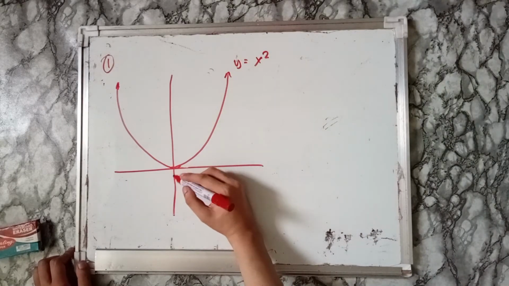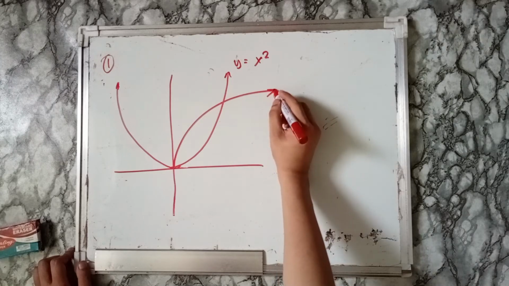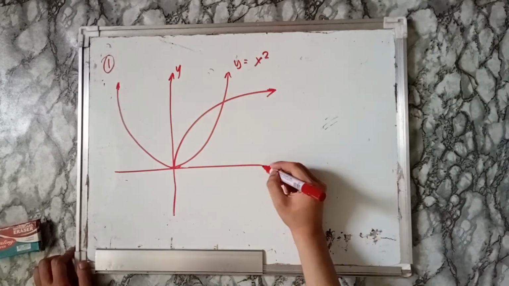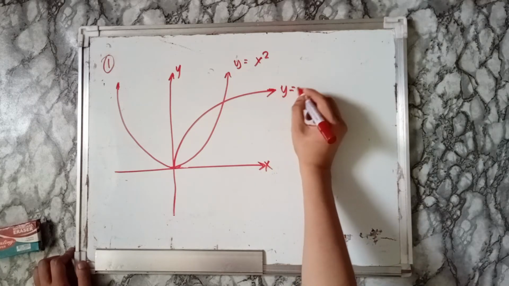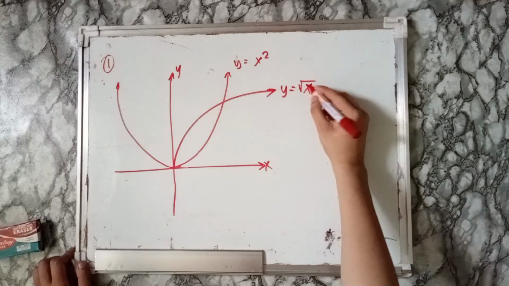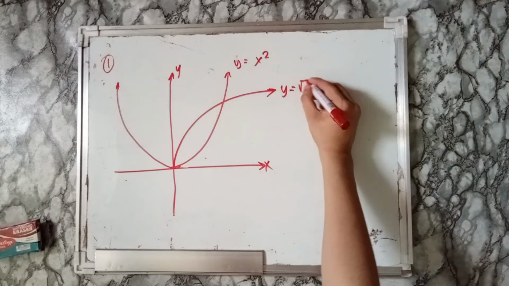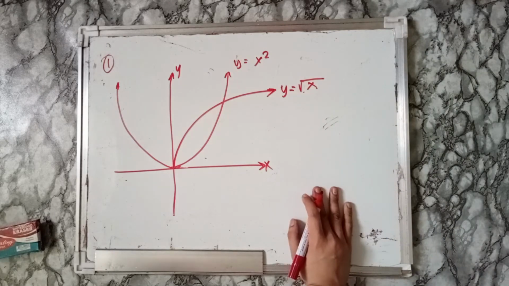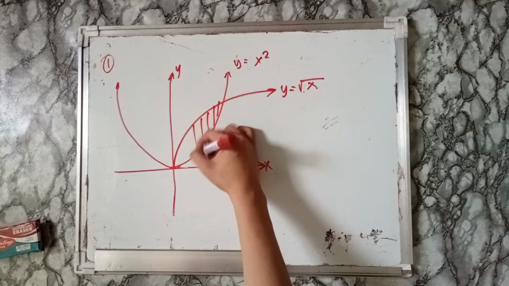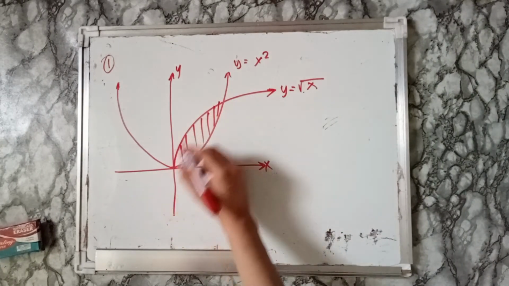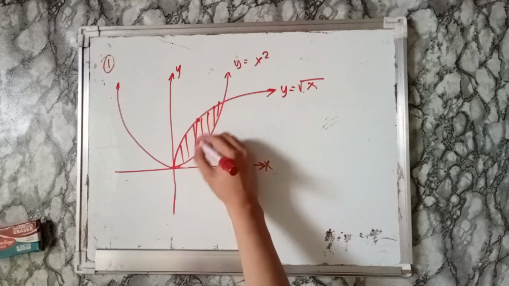And then we have a curve here, like this. This is actually y, x. y is equal to square root of x. Now, of course, our area of interest is here. Now, if we draw a vertical strip,